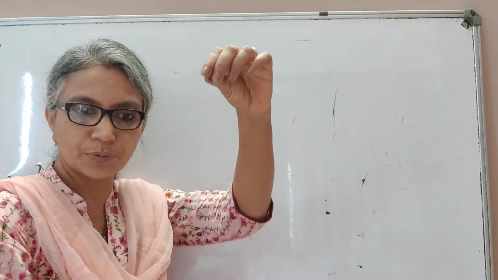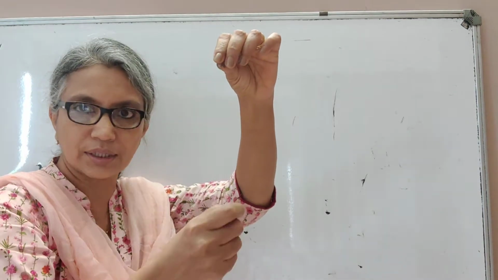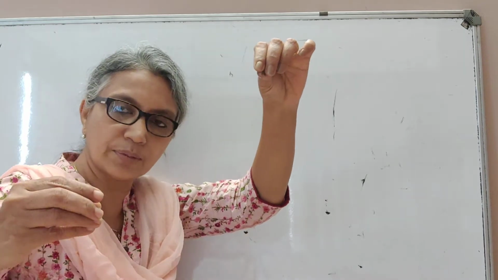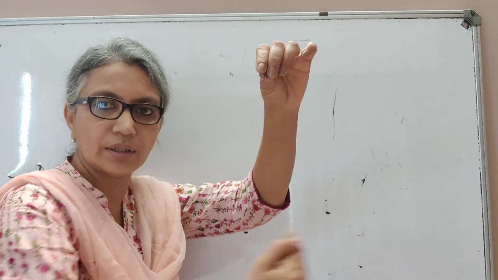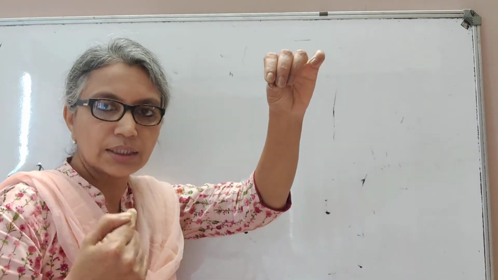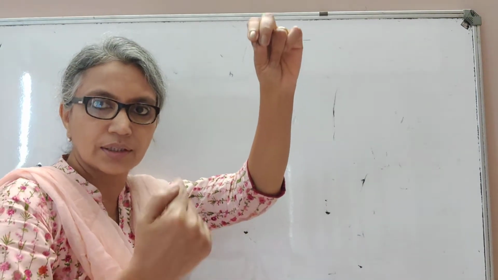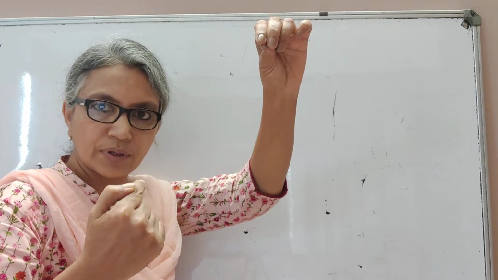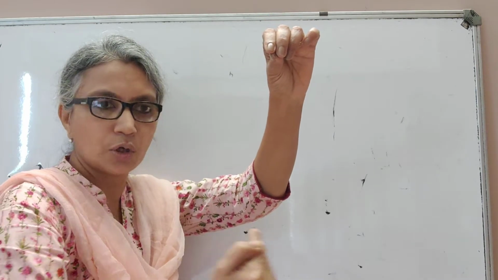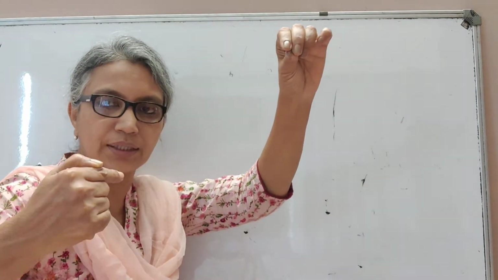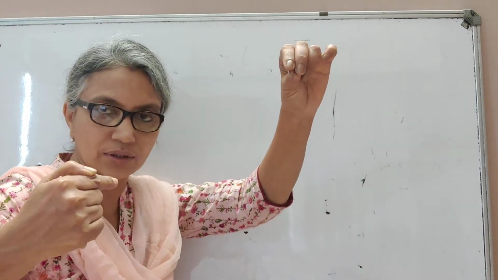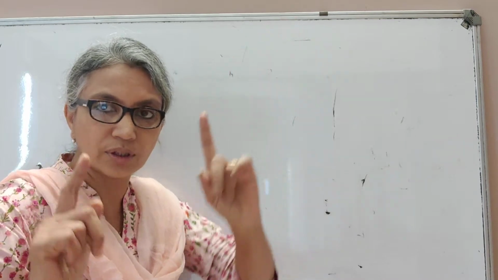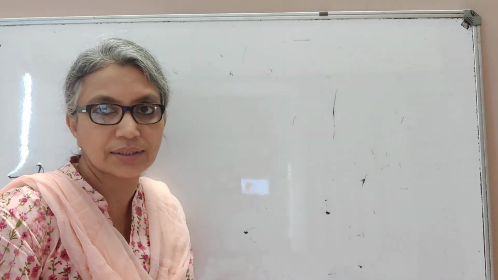A simple pendulum, I hope you know, has a bob tied to a string, and you can pull the bob to one end and then leave it. So this pendulum will exhibit oscillations. Time period of an oscillation is the time taken for it to start from, let's say, the left extreme, go to the right extreme, and come back to the left extreme. So that is what you call one oscillation, and the time taken to complete one oscillation is what you call the time period.